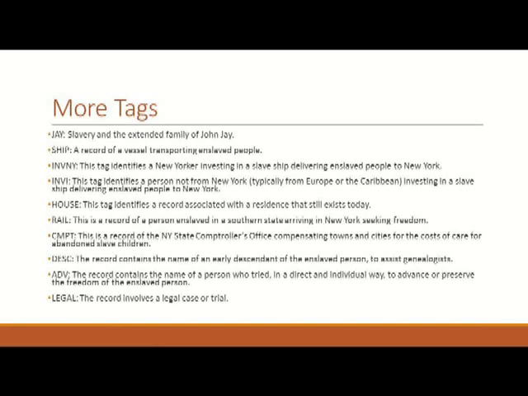CMPT means it's a record of the comptroller's office. DESC means it's a descendant. We're trying to get early descendants of people who've been freed. So that if someone's doing a genealogical search for family, if they can find that person, they know they can go all the way back. We can take them the rest of the way. And so anyway,